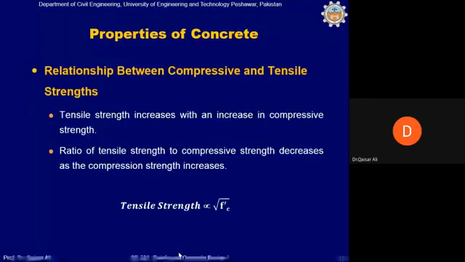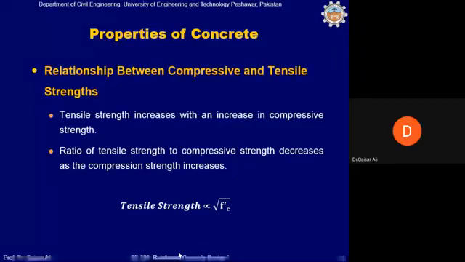Okay, if you have a chance to plot, for the same concrete, its tensile strength against its compressive strength on the y-axis and x-axis, you will see that there is no direct relationship between the compressive and tensile strength. But if you take the square root of Fc prime, the compressive strength, then you will have a very good relationship between the tensile strength and the square root of compressive strength. This is a practice which is usually done in research,